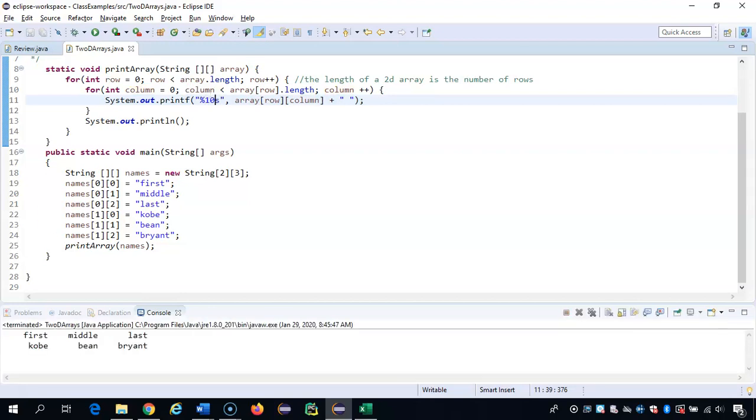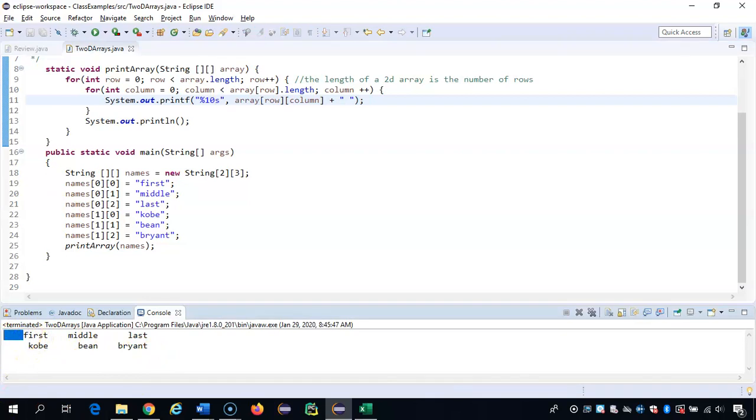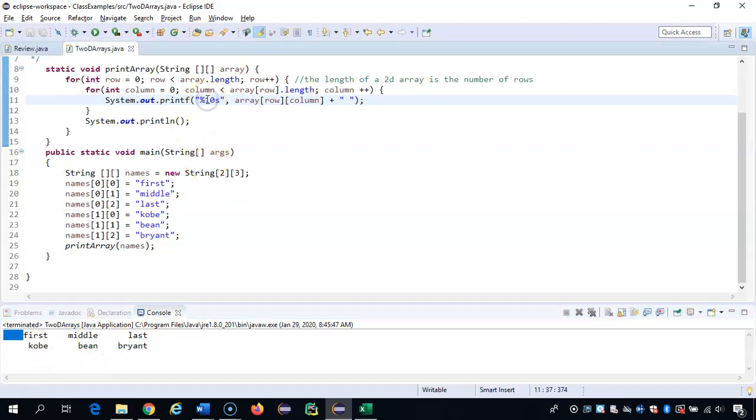And we're going to run this again. And so right now we see that we have all of this space in front of the word first, and the T and the E line up at the end, the E and the N, but it's nicely formatted in some way. But if we wanted this to be left formatted where everything is left justified,